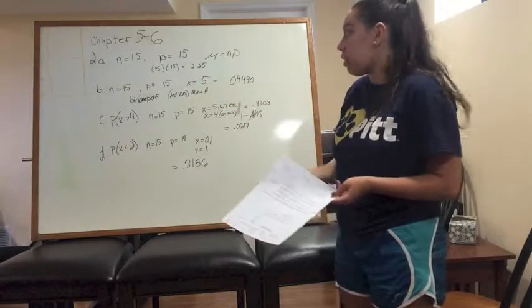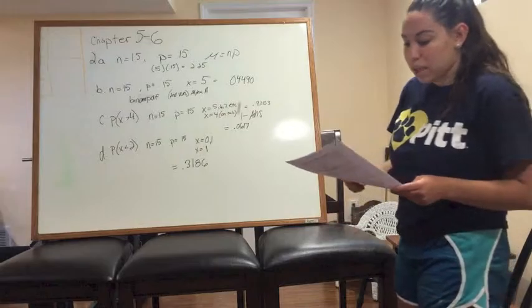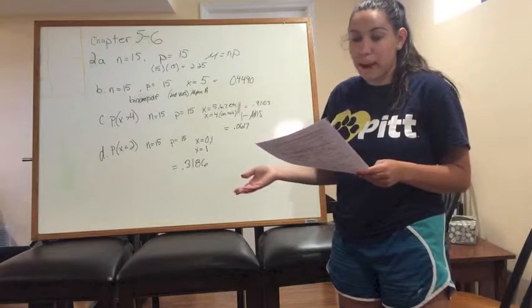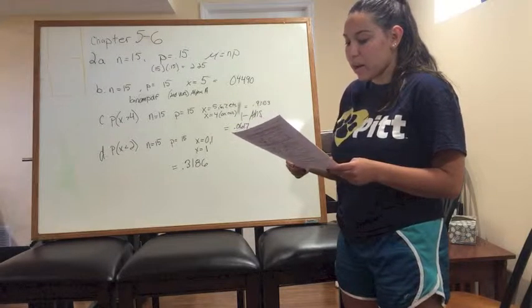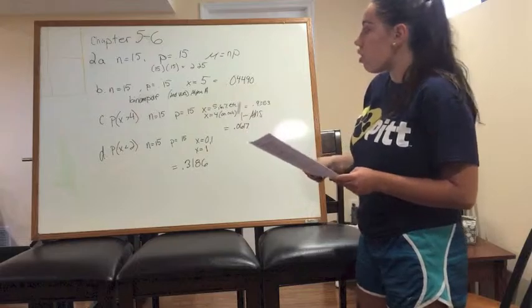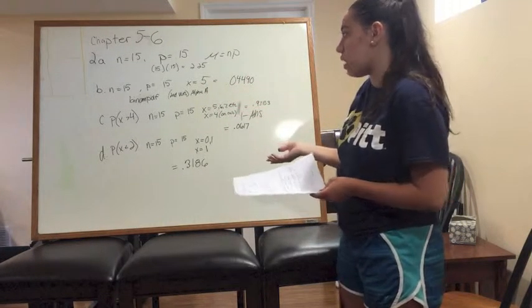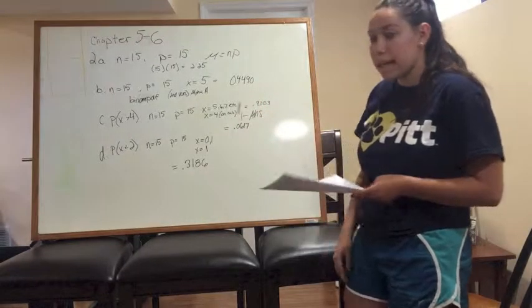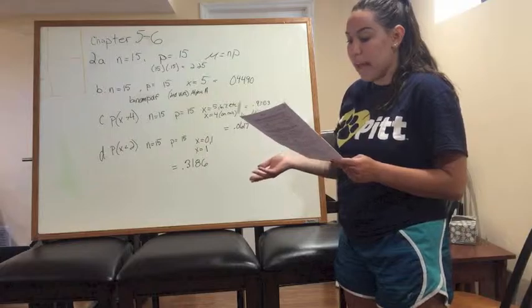So just type into your calculator 15 times 0.15, and that is 2.25, and that will be the expected number of students who are registered on a pass-fail basis, and the mean. For part B, it says, what is the probability that exactly 5 are registered on a pass-fail basis? For this part, we already know that the number is 15, the probability is 0.15, so the only thing changing right now is our x, and that'll be 5 because it told us exactly 5